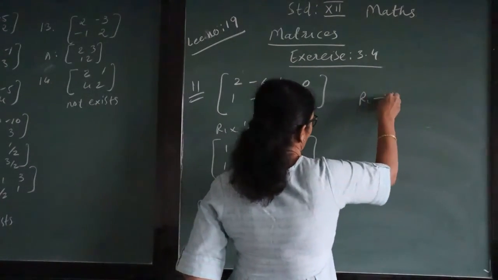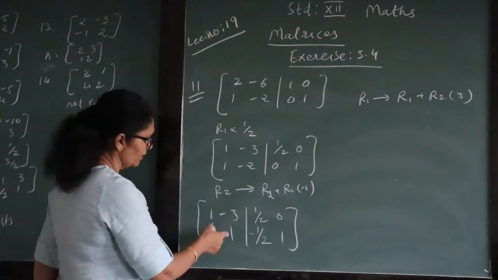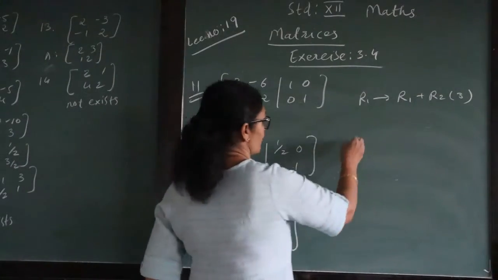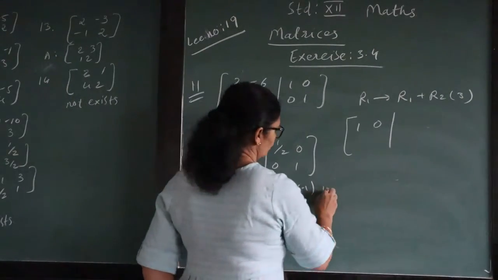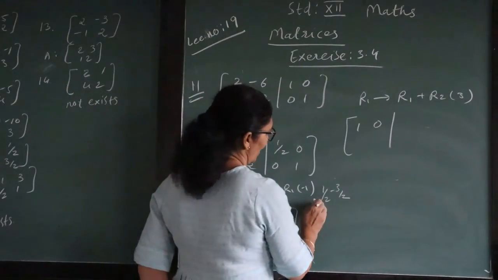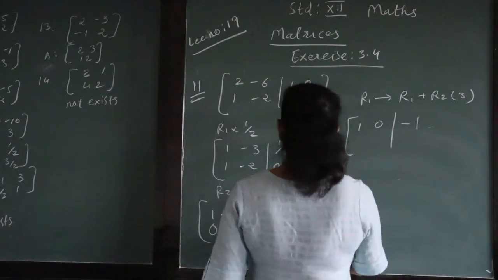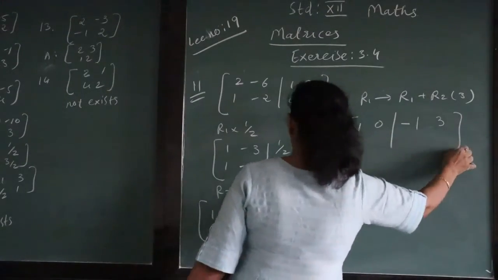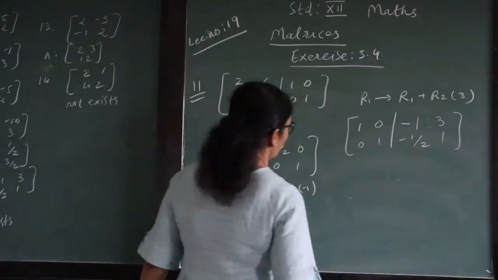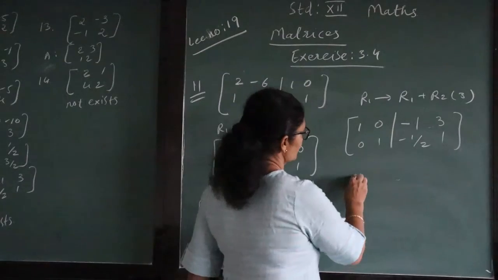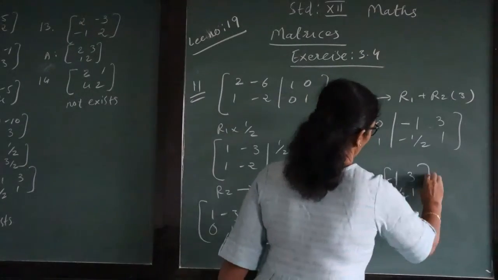Now we make a change in R1. So for R1, R2 multiply by 3 and add it here because here minus 3. So we have to add plus 3 only. So 1 0. Now multiply with 3, minus 3 by 2 and half. So what you get? Minus 2 by 2 means minus 1. So first thing minus 1 multiply with minus plus 3, you get this answer. Last one as it is 0 1 minus half 1. Okay, now what you get? Your inverse is minus 1, 3, minus half and 1.